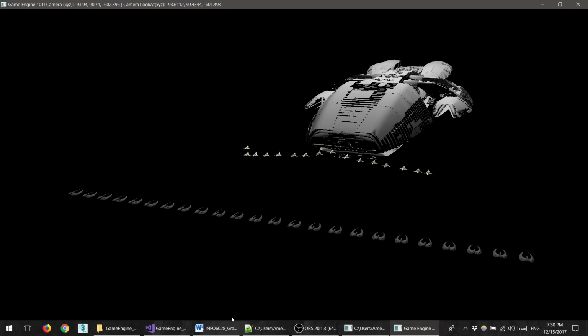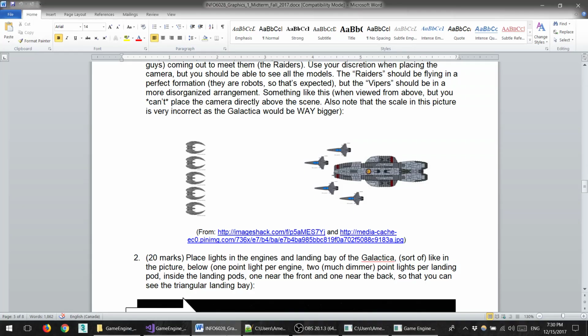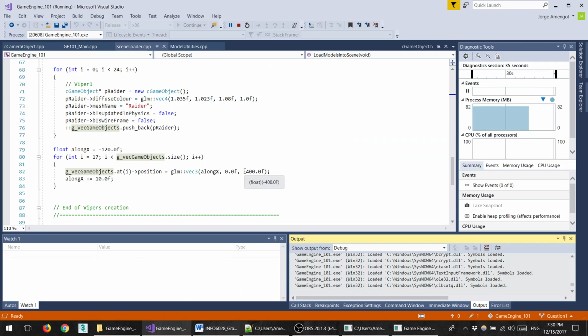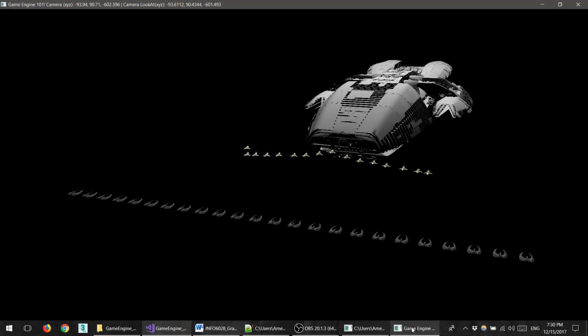and for the position of the riders, again, what I did was putting it in 400 negative in the Z-axis, so it went from that direction to here, and then